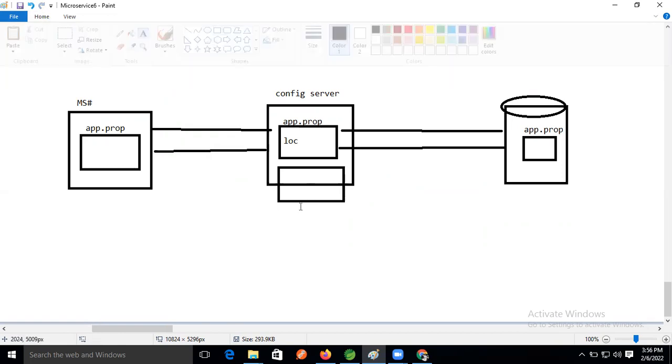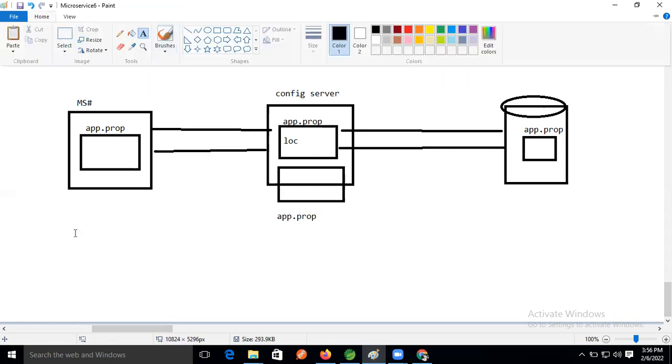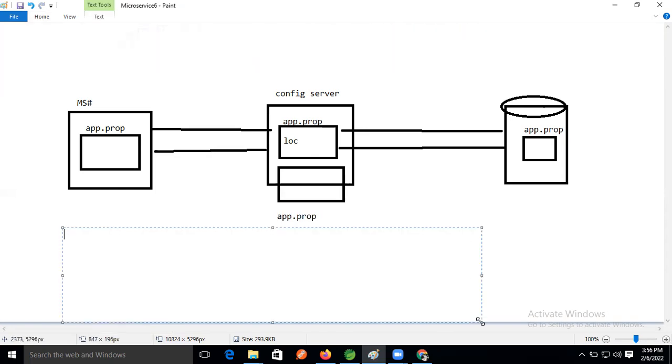In the application properties, we use these two keys: spring.profiles.active equal to native.